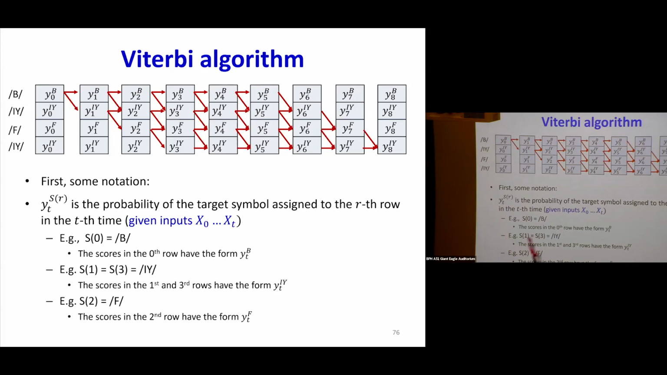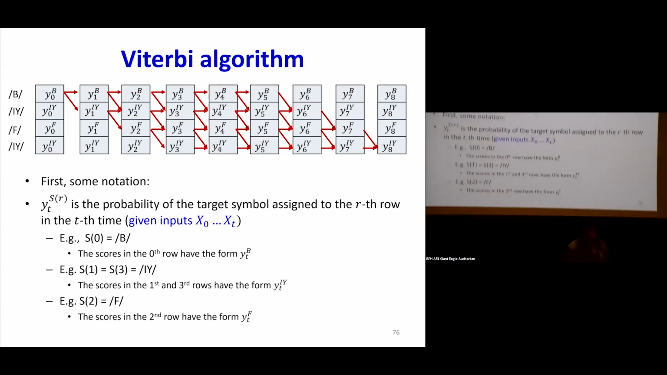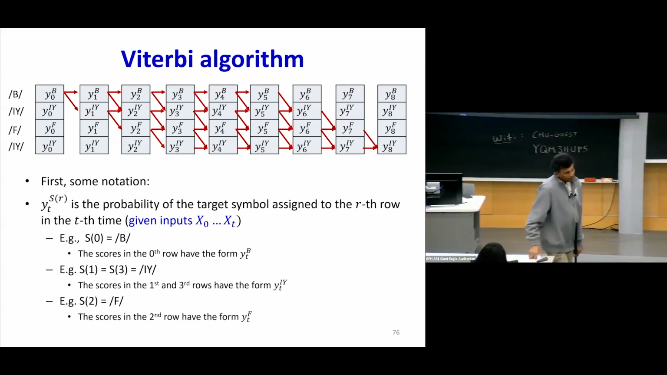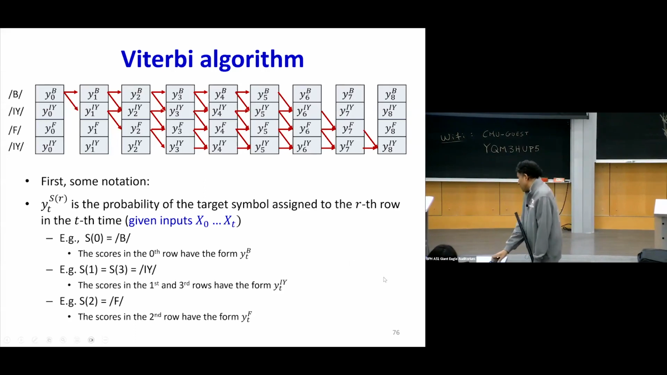And observe that S1 and S3 are always going to be identical, right? Because E has been repeated twice. So y_t^{S1} and y_t^{S3} are going to be always the same in our example, okay? And now,